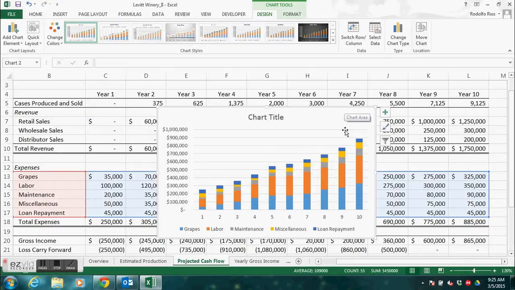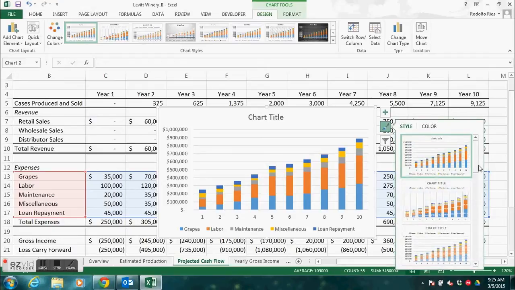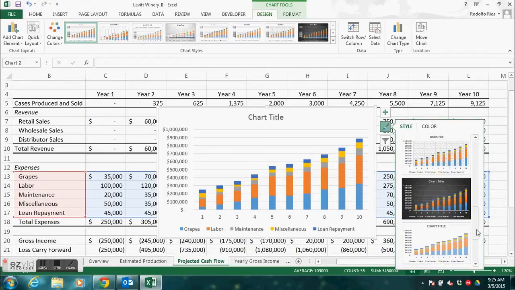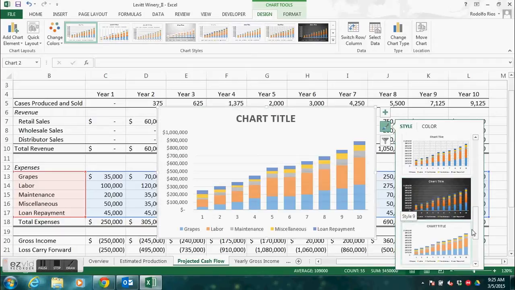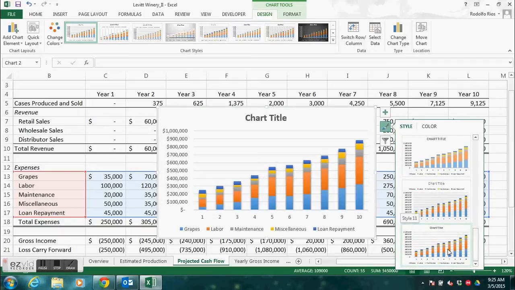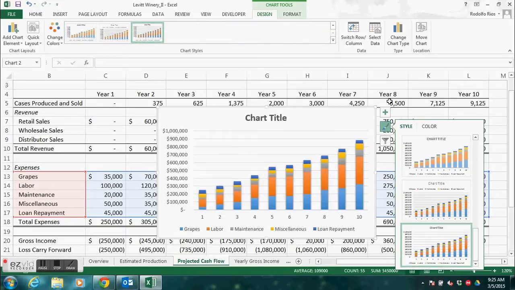Okay, while our chart is still highlighted, let's go ahead and make some changes. So we're going to go to our chart styles, and we're going to change the style of it to style 11. And let's see where 11 is. Well, that's 8. Let's go all the way down. There's style 11. So try to remember this, okay? We got the shortcut buttons to the side. You don't have to go to the format and design tools, although that's where it really takes you. So we have changed the style to style 11,